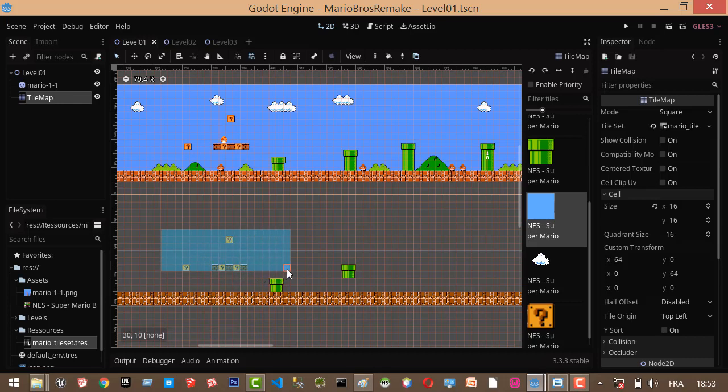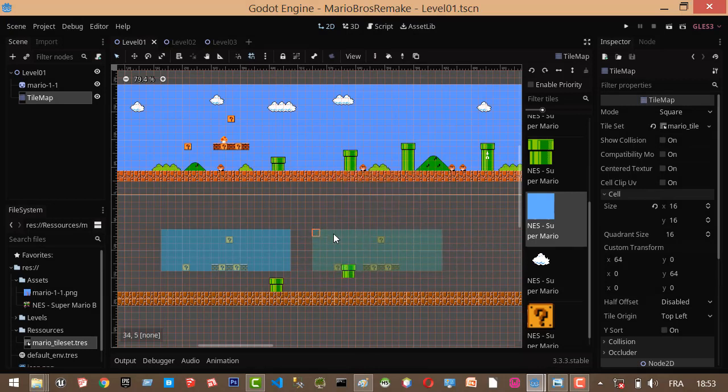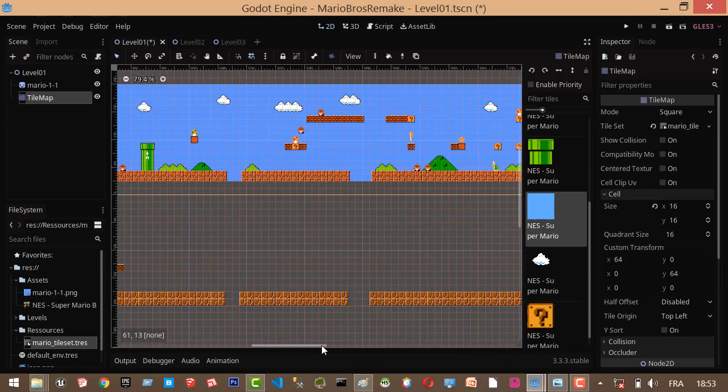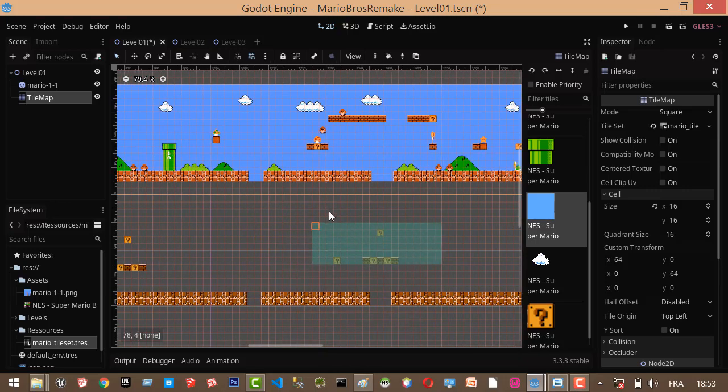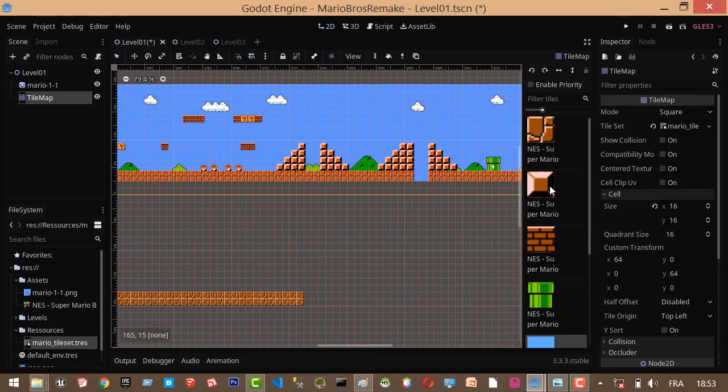That's it. Then do a copy paste, Control C, then see that you do have a duplicate of your tiles, then do a Control V, or you just have to click, see, and you continue the same way across all your level. Each time you need the same sequence of tiles, and of course we are not really with the same as our level, but just to make it, you see, you can do it. You see that it's possible, totally possible to do it. And then you have to do an escape to escape